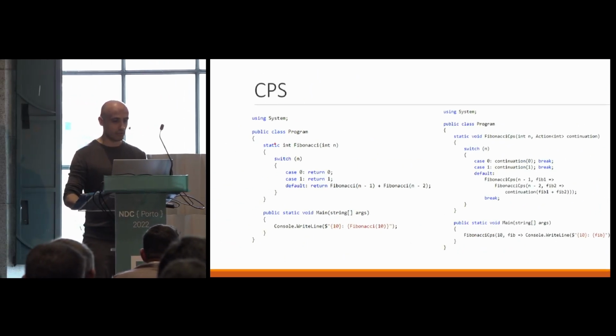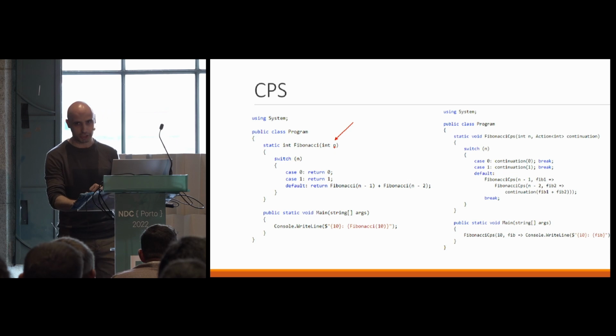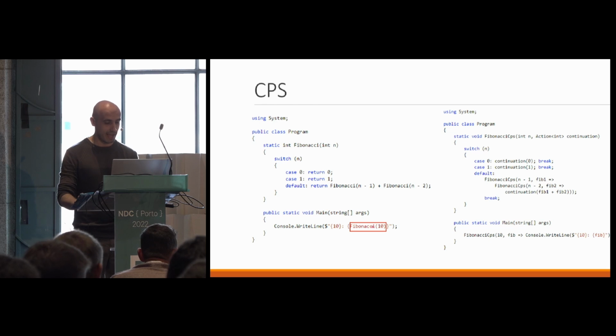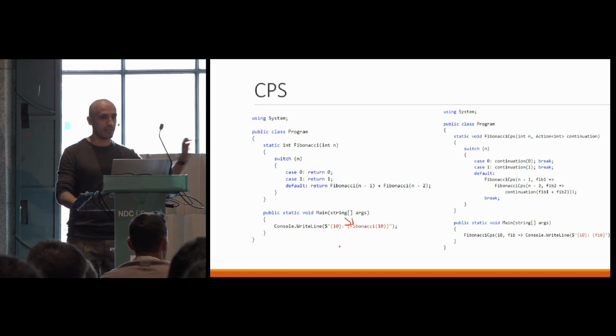Let's say that we would like to calculate a Fibonacci number. So the regular implementation would be, hey, give me the n-th Fibonacci number, right? What we do is some black magic with switch case and then returning the Fibonacci. But ultimately what we do is we just return the value, okay? So whenever we want to print this value, we call the Fibonacci method here, and then this value which is being returned is actually passed to this point, because we get the value and then pass it through.